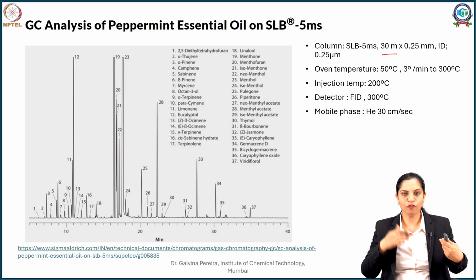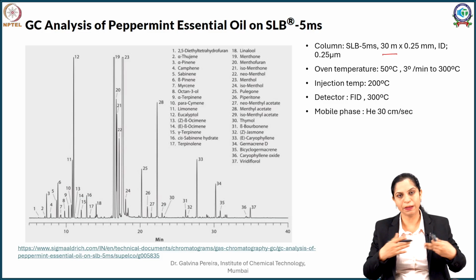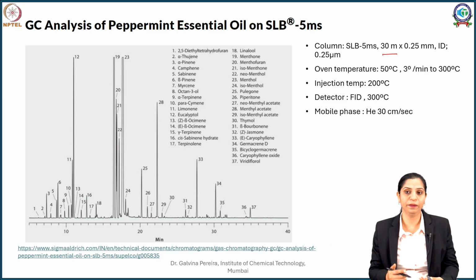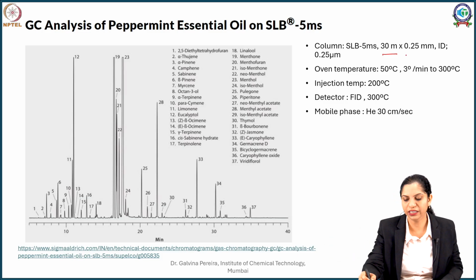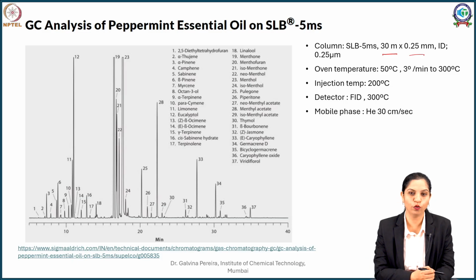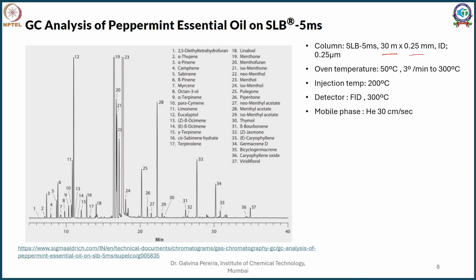So you buy in more time and more separation by increasing the column length. And this is the internal diameter, which is just 0.25 mm. And if you see that inner coating we just discussed, this is the support, and your stationary phase is coated. The thickness of this coating is just 0.25 micrometer.